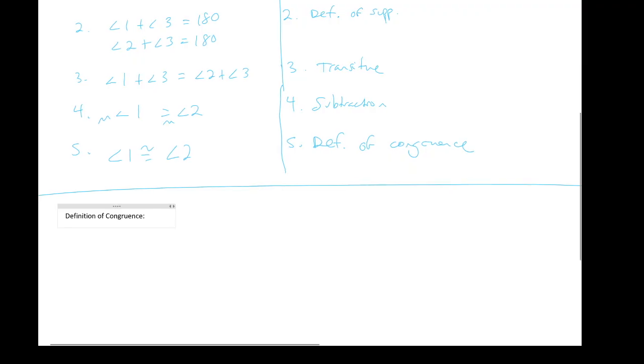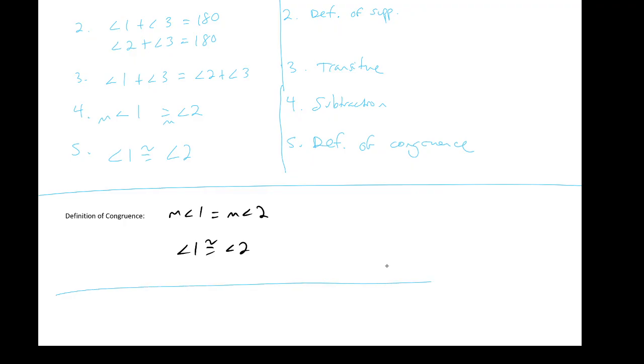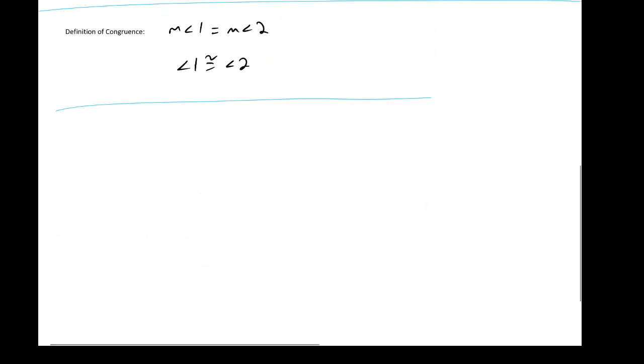Okay, the definition of congruence says that if we have the measure of two angles that are the same, angle 1 and angle 2, then those angles are in fact congruent. I don't need you guys to state that. I actually know you know that, so there's no need for an additional step when you're solving these problems. So the definition of congruence in any proof done for me is not going to be necessary for you to write down. It's a little bit of a departure that I take from other